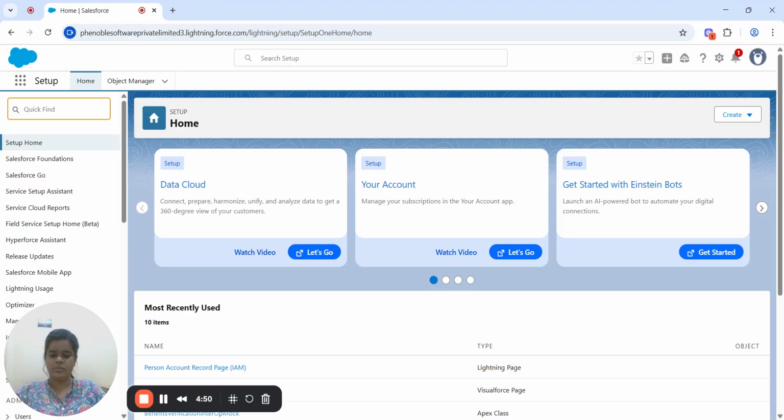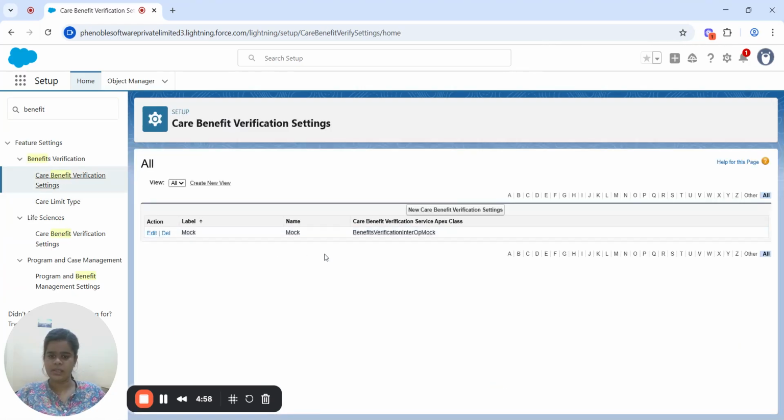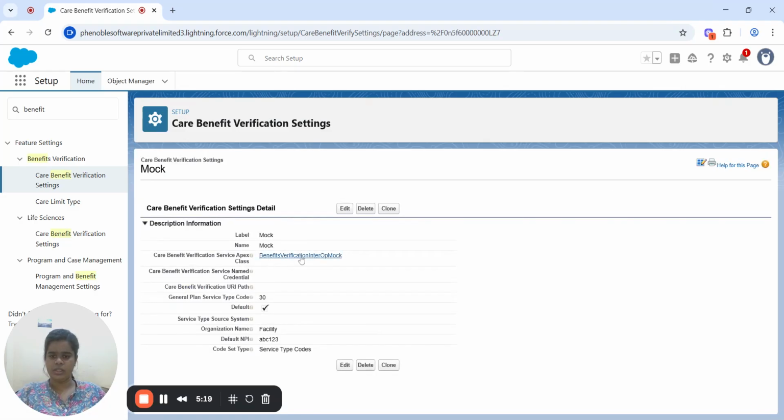Go to Setup, search for benefit, and click on Care Benefit Verification Settings. This is a dummy that I want to show you. This is the benefit verification that was created when I installed my Health Cloud package. It is already created, so let's have a look at this.